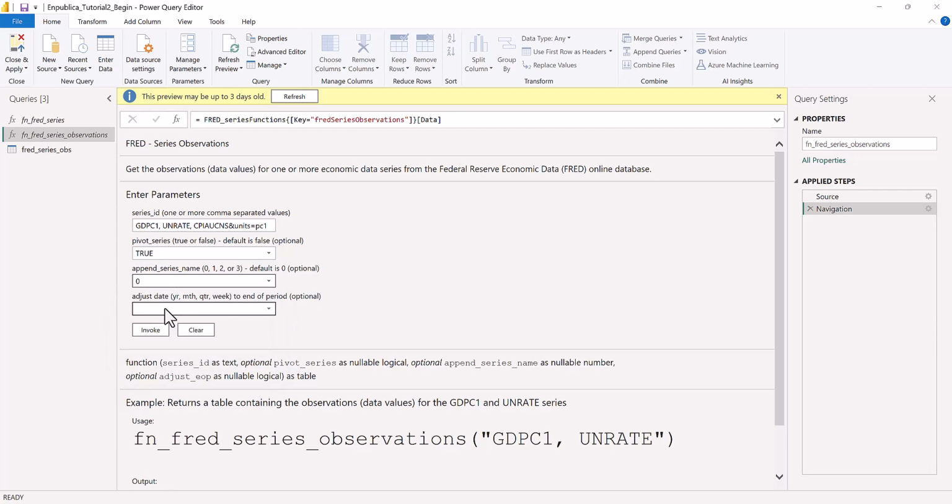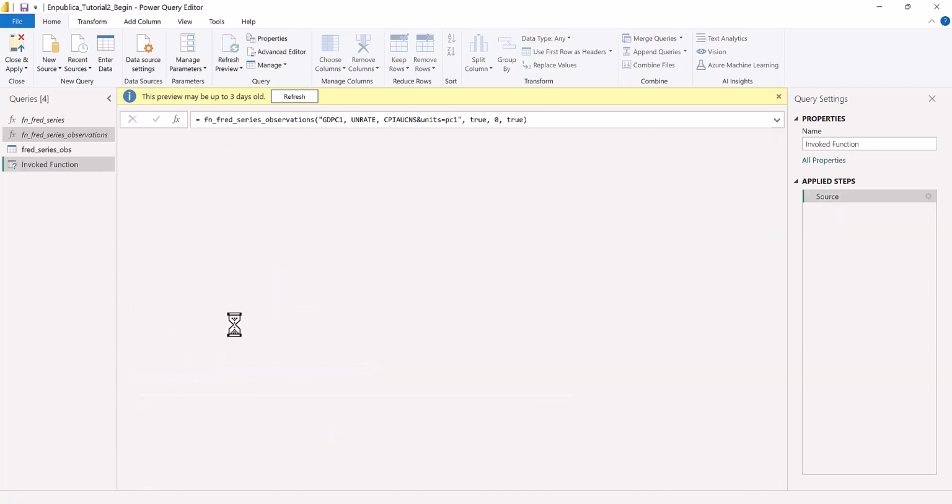And then adjust date. I like this function because by default, the FRED website returns data for a given month, but it uses the first day of the month, or for a given quarter, the first day of the quarter. I oftentimes like to have that data aligned as of the end of that particular period. So I've got a little fix here that will do that for us. So let's click Invoke. And the big thing that we're going to see with the result set,